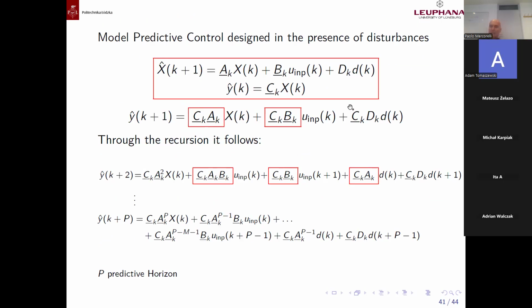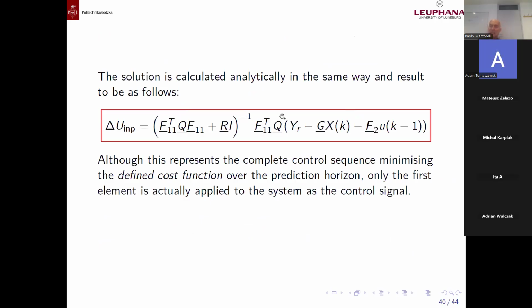And not only the disturbance here; this solution is considered constant over the prediction horizon. This hypothesis is not so extremely conservative because very often